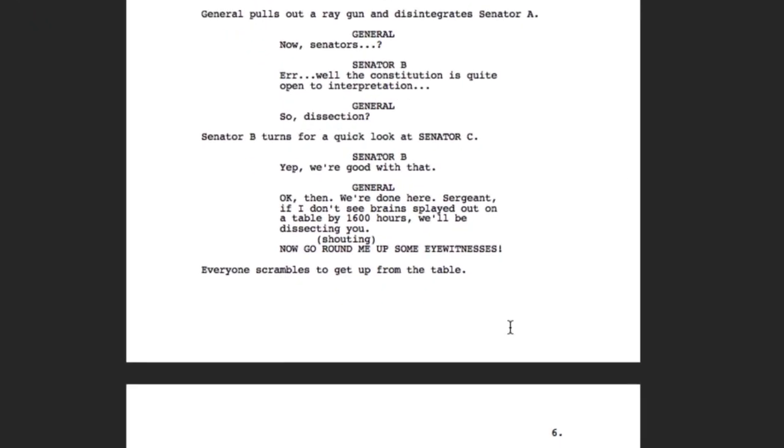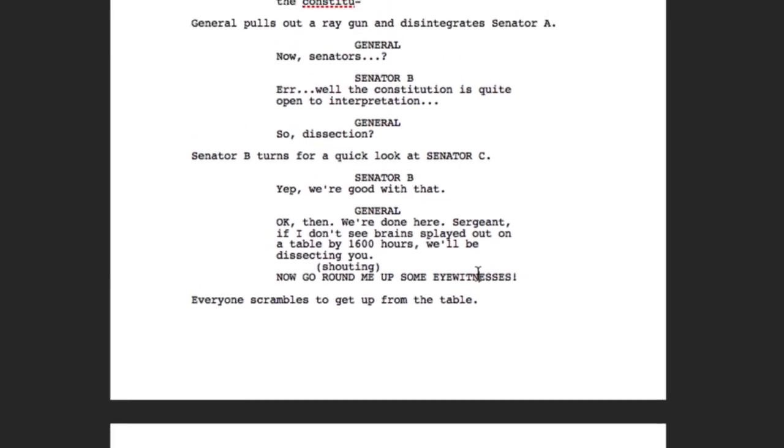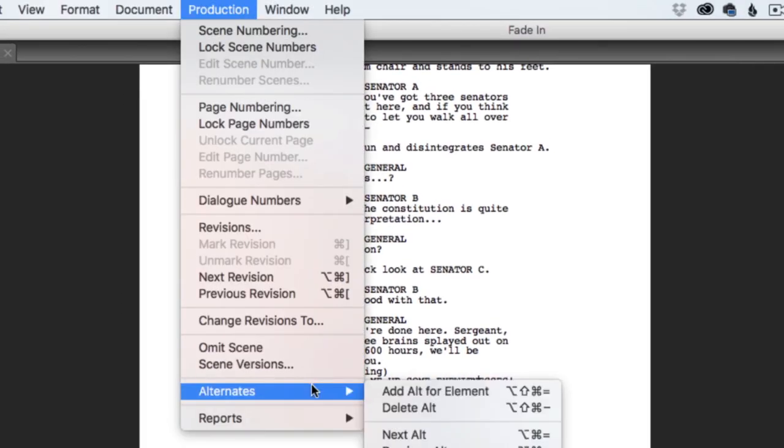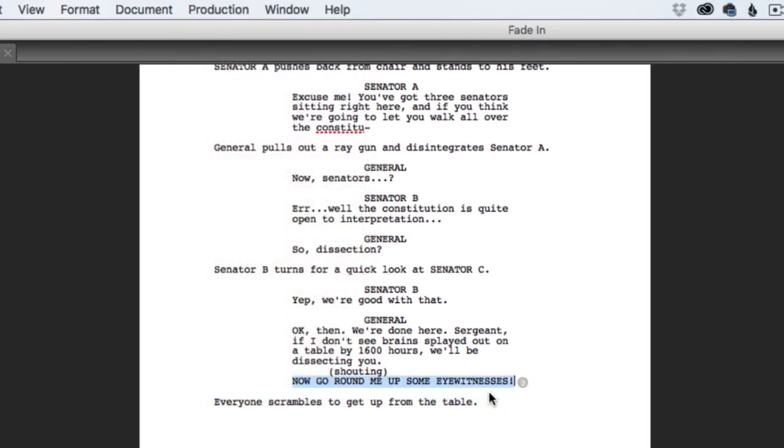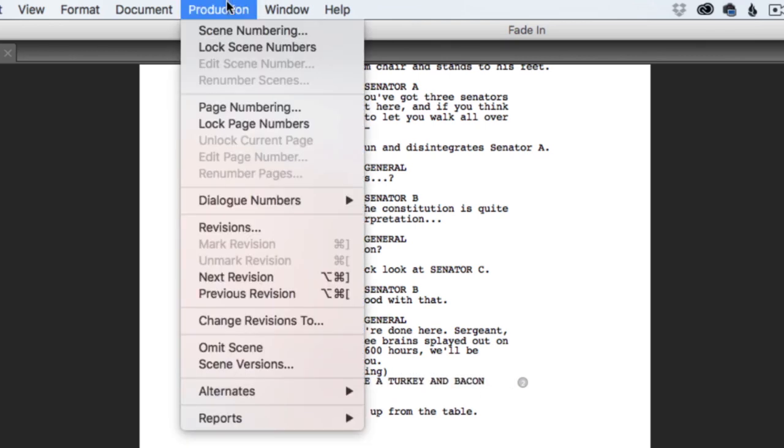Alternates provide the same functionality at a more granular level. Let's say the most pivotal line in your movie needs refining. Set your cursor there and choose Add Alt for Element. Do this as many times as you like,